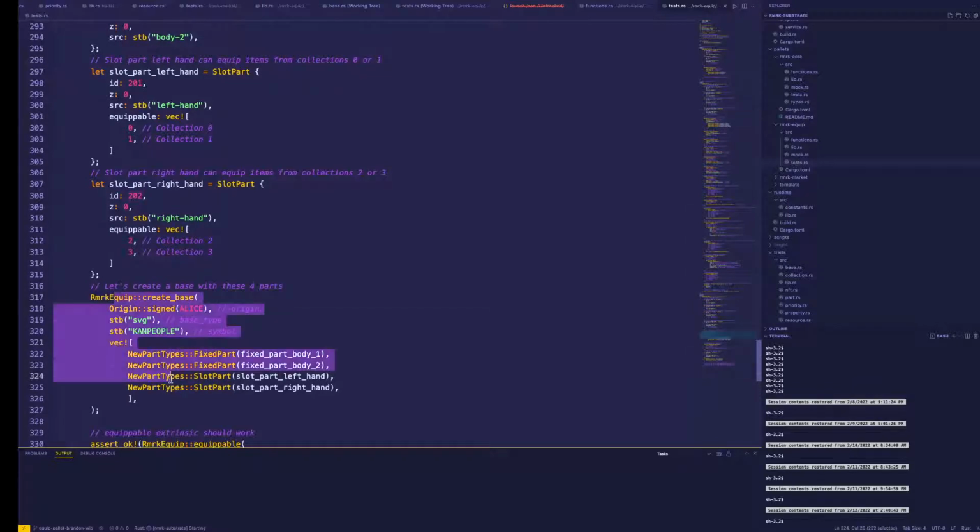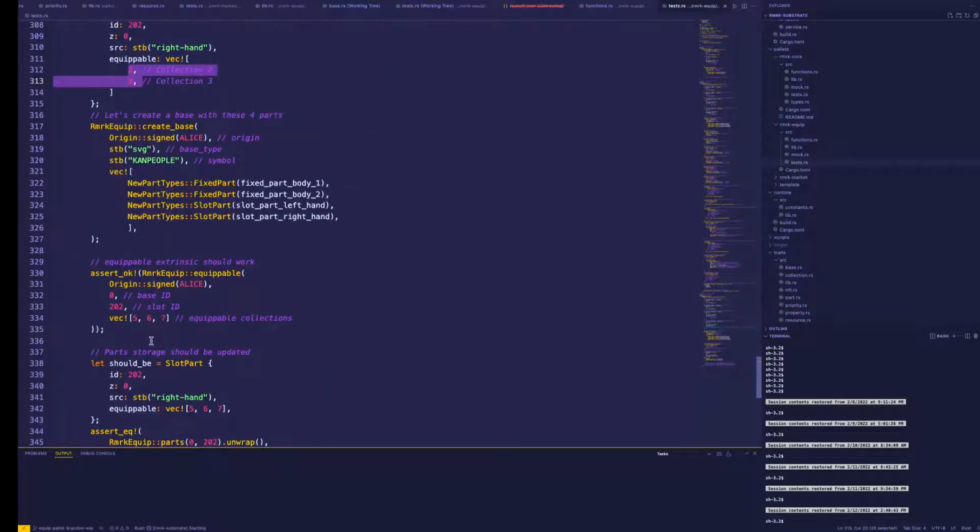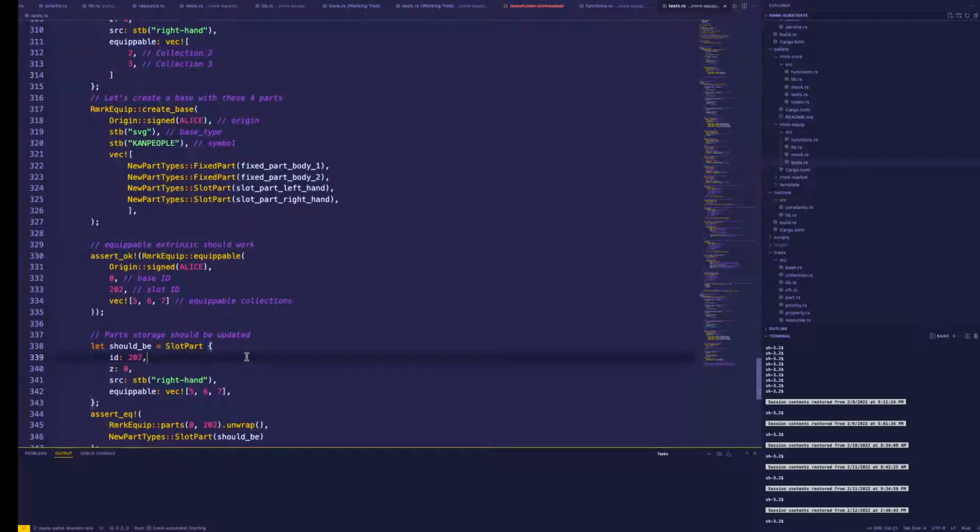Oh, the base ID is the base. We only have the 0th base, and then the ID is 202. So we're changing this slot from 23 to 567. And we do that, and